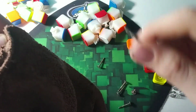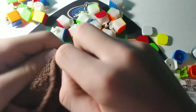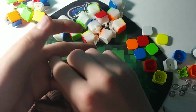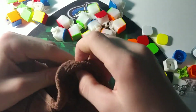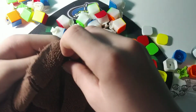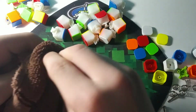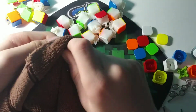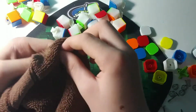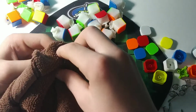Now, that's done, and now grab this next screw, and then put that inside there, and just wipe that off. Grab next one. This should go relatively quickly now, because the screw doesn't really take that long to wipe down. Like that, and then that one's done. Grab the next one, just like that, and then we got 2 more to go. And then we can start reassembling the core of it, just like that. Alrighty, a little bit of that,